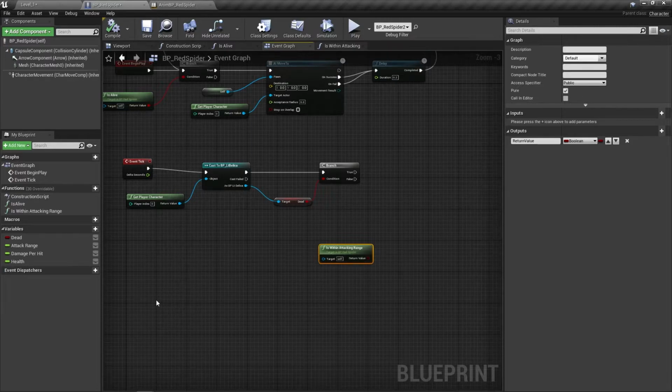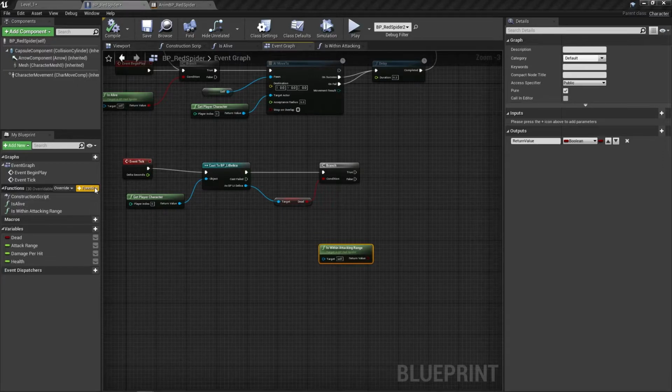set up some controls, okay? And we need to do some checks to make sure that it's not already attacking, because if it's attacking, we don't want to attack again. We want to just continue the attack. Or if it's not attacking, we want to start the attack. So those are the things we need to check. And we also need to check to make sure that our spider is alive. So the first thing we're going to do is create an is attacking